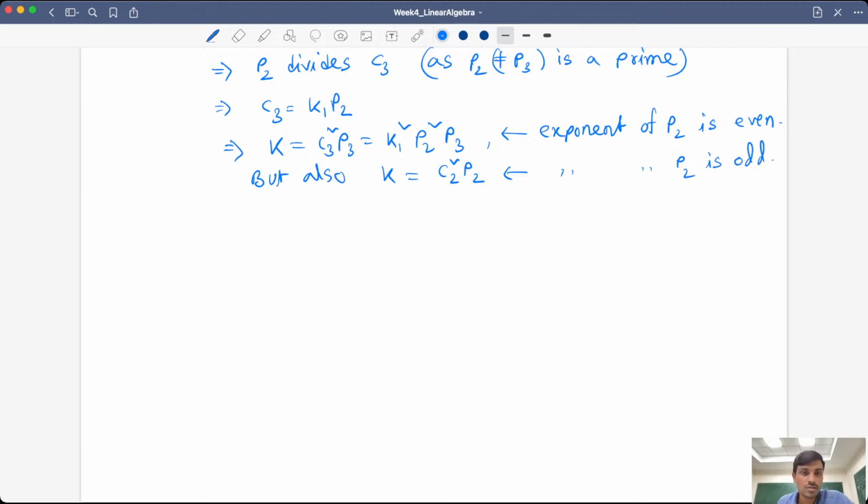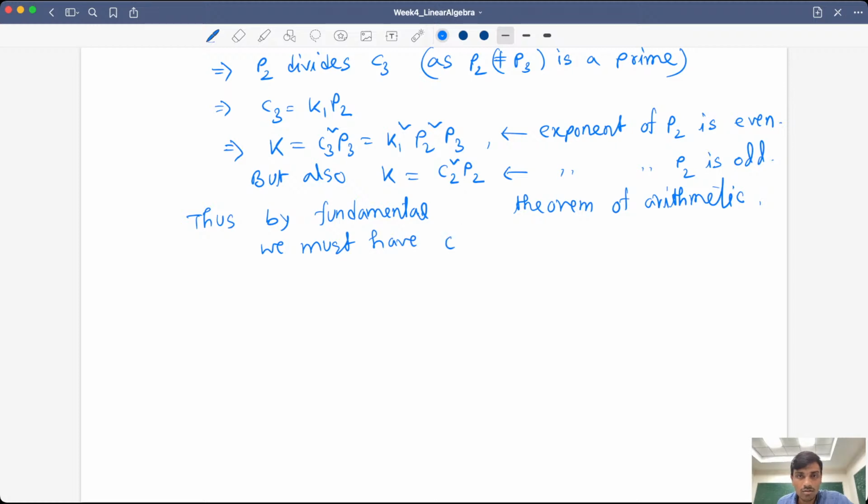So thus, by the fundamental theorem of arithmetic, we must have C2 equal to C3 equal to 0, because what the fundamental theorem of arithmetic says is that for each positive number K,